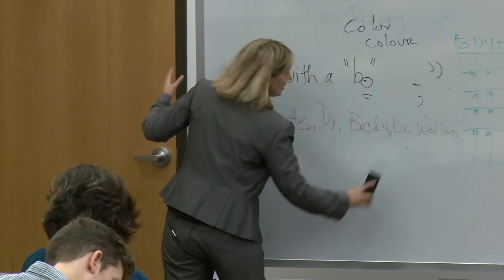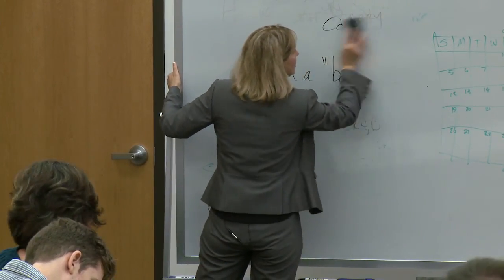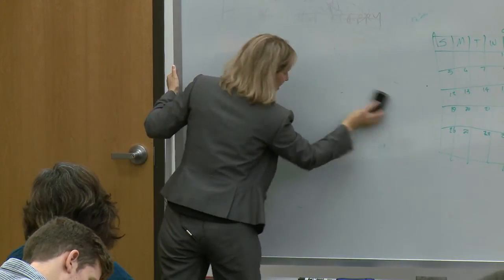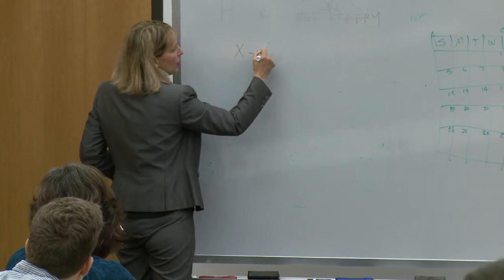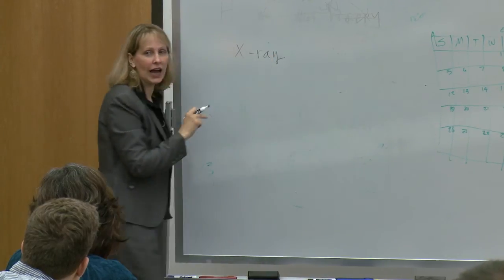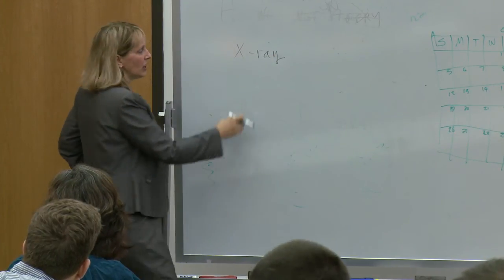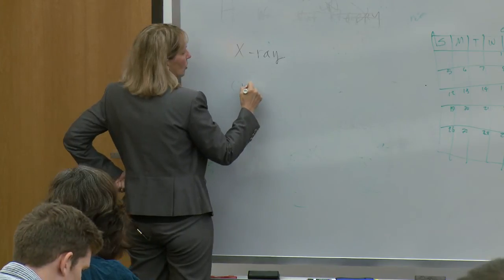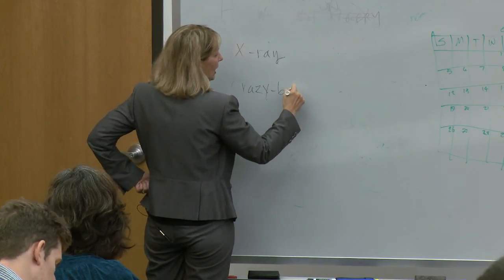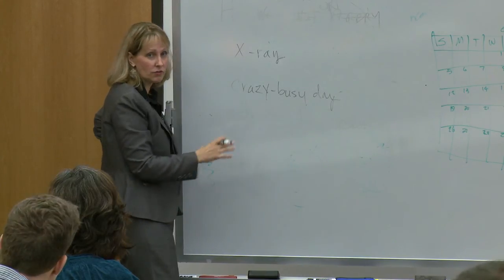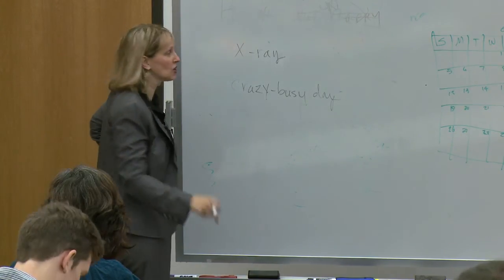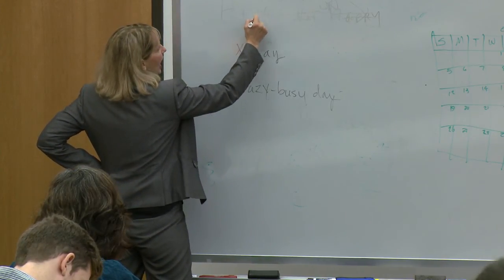The dash. Okay, there are 3 different kinds of, I could say, dashes. One is the hyphen. The hyphen is the littlest, and you would use it in a word like X-ray, right? It's short, tiny. You would also use it between maybe the crazy-busy day, right? So you're taking 2 separate words and using them as one word. You would hyphenate those, right? All right, then the N dash, which is the length of a letter N. It's a little longer.